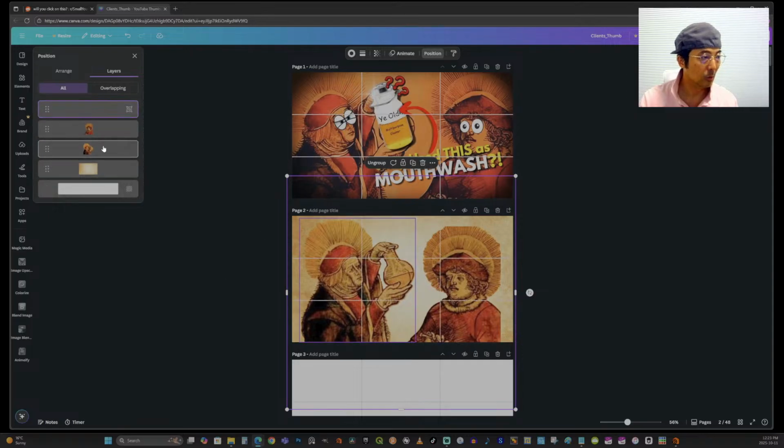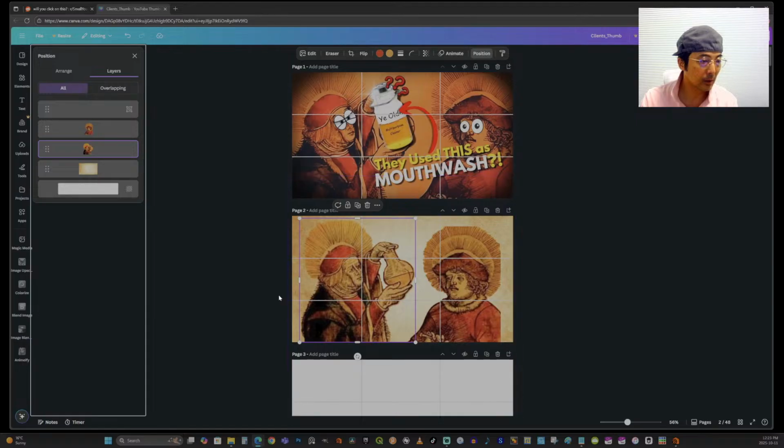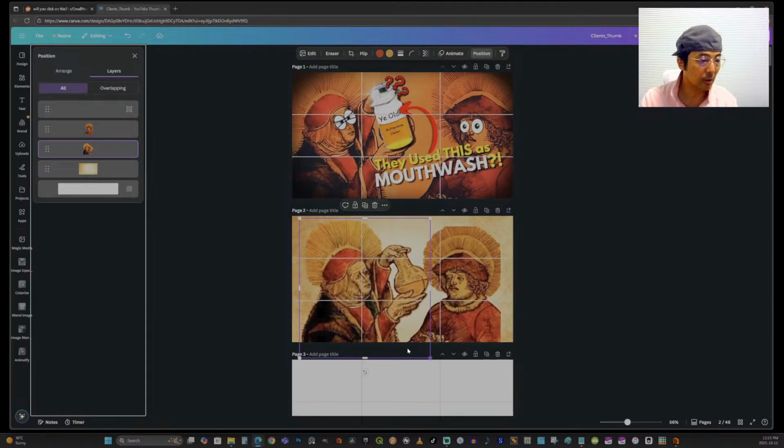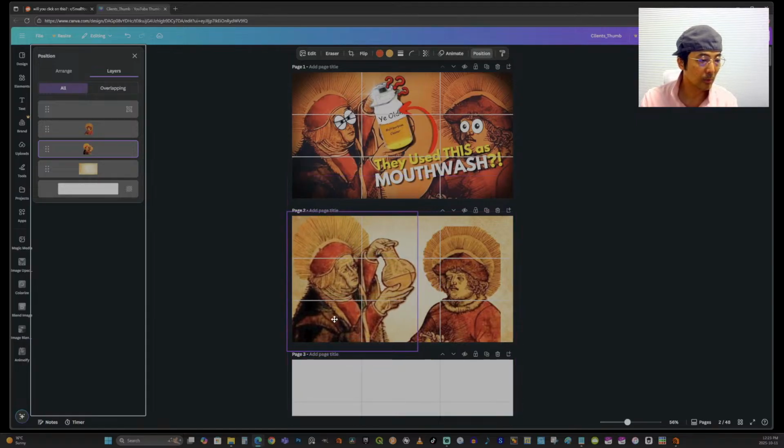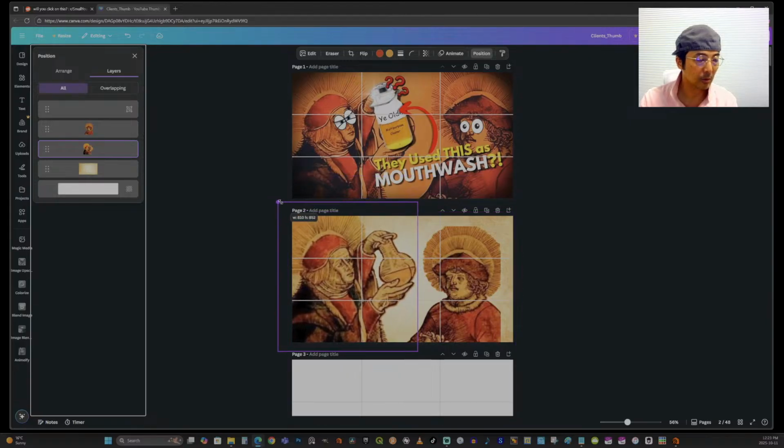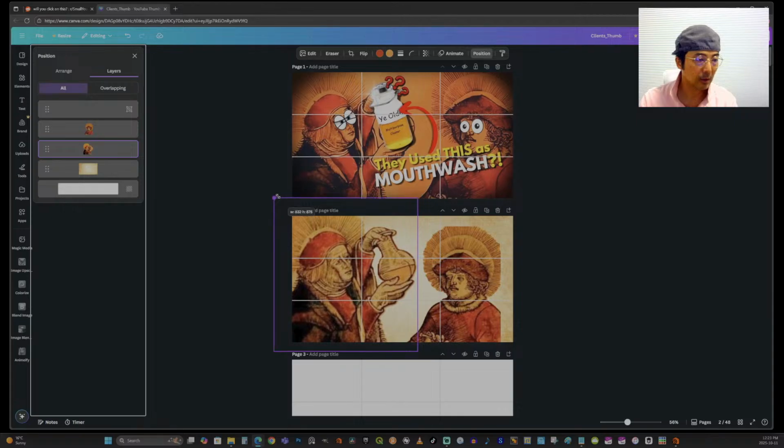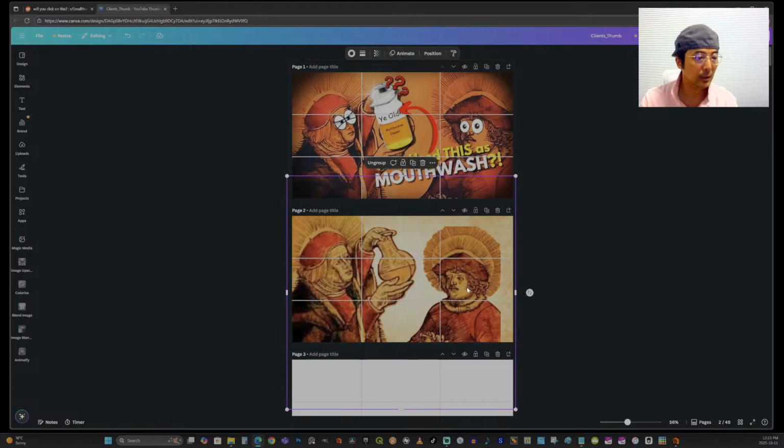So we can move these two guys. If we want to make this larger, just to make it more prominent, we don't really need that much of the halo thing. So at least this flask is sitting on the line itself, and